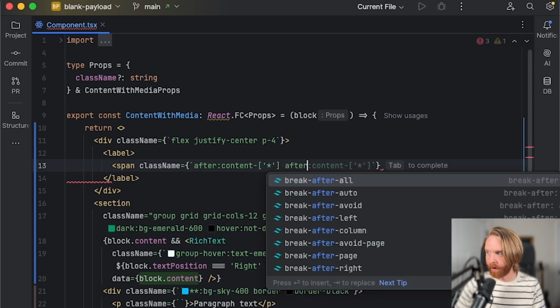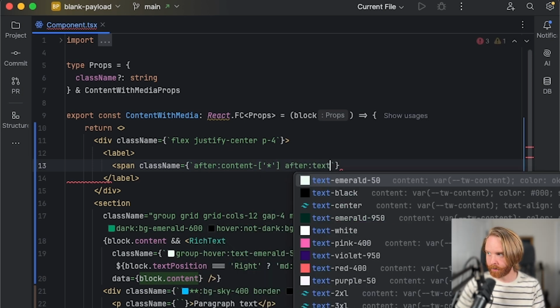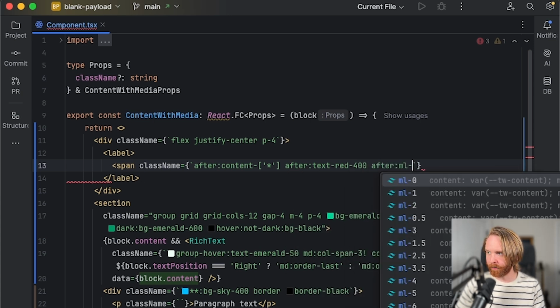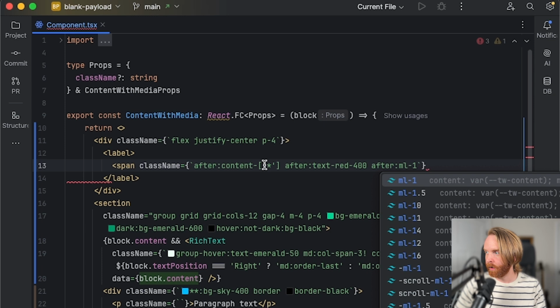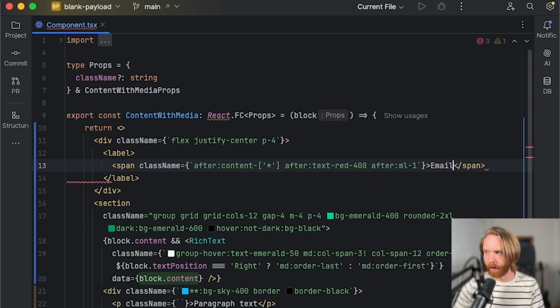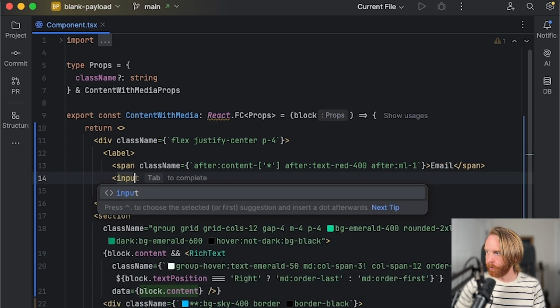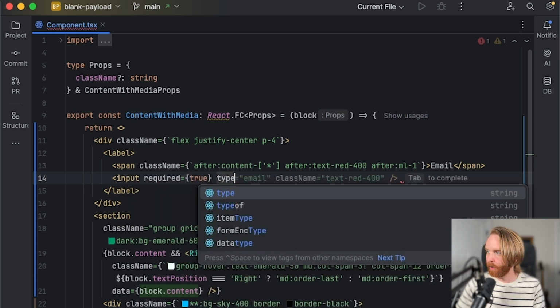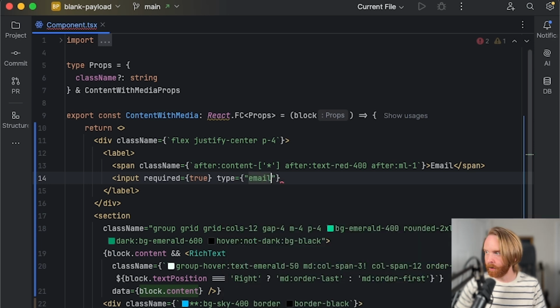We'll then have after:text-red-400, and again after:ml-1 for margin left with the value of 1. And within this span we'll have email, and we'll have an input underneath which is going to be set to be required, and I'll explicitly say true even though that's not necessary. And we'll do type of email, we'll do name email, and for a placeholder we'll say my email address at